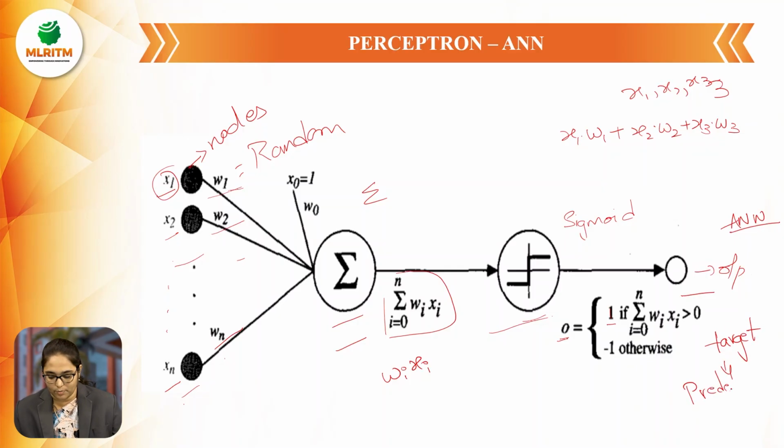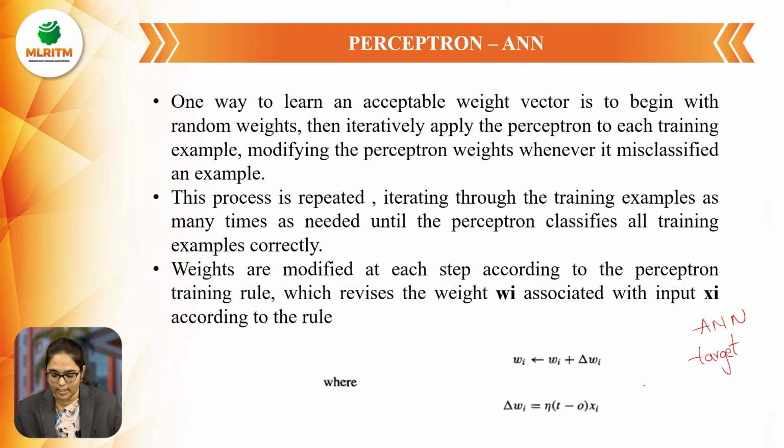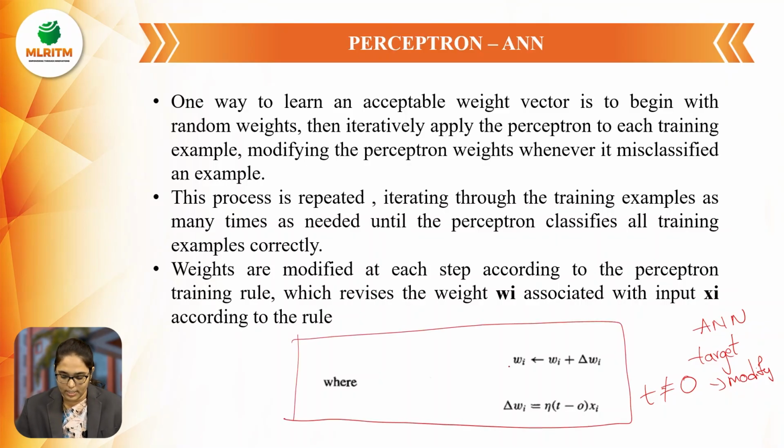After generating the output, it should map with the targeted output. If suppose the targeted output is not mapping with the actual output, then you need to modify the weights. Modify the weights of the input values using this particular formula,